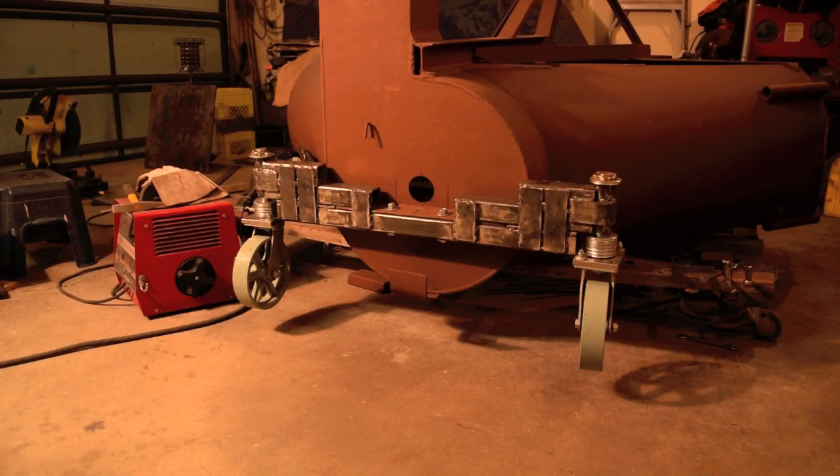Working on my V-type snowblower, and I've got the caster set up for elevating the rear of the snowblower. When you first start blowing in the fall, early winter, you catch gravel with the snowblower, and so this just allows me to lift the back up a little bit and just pare the snow off the gravel driveway until